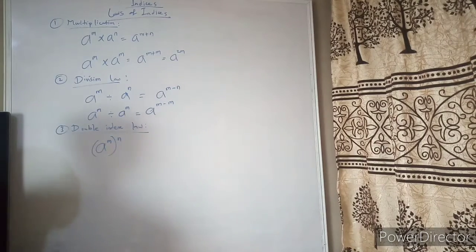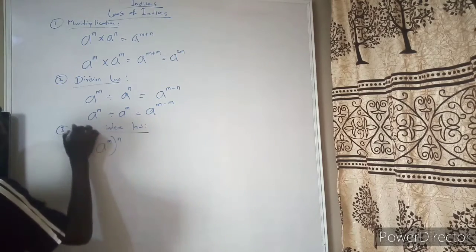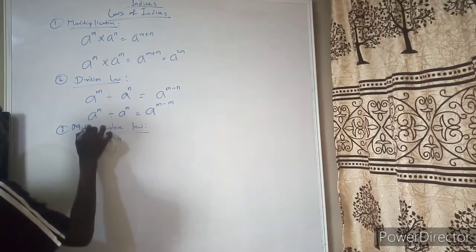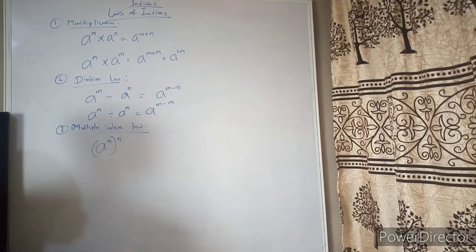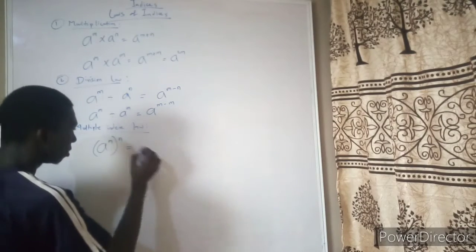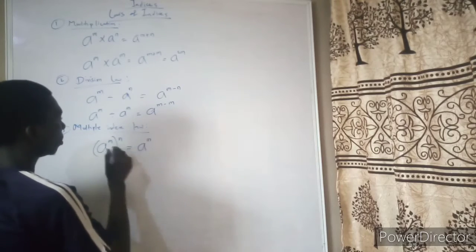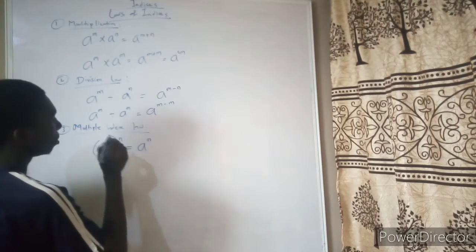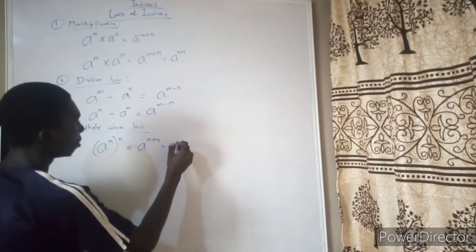It can be triple indexed, but the point is, let me say, the multiple index law. It can be up to 3, 4, 5 indices depending on the question. So now the law is just that, however long it is, what you are doing is multiplying the powers, provided it is combined with brackets: (a^m)^n is equal to a raised to power